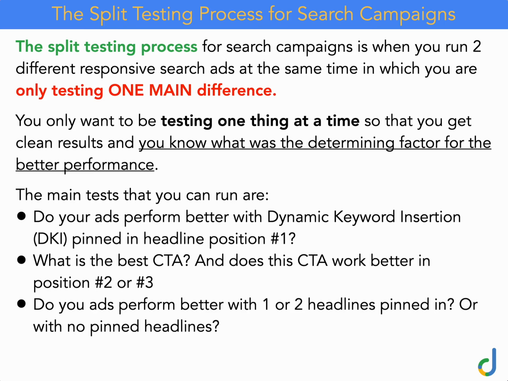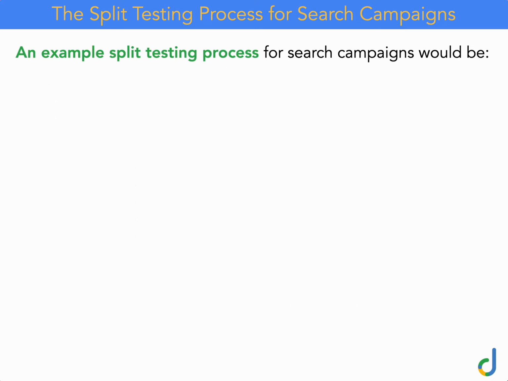Do your ads perform better with 1 or 2 headlines pinned in, or with no headlines pinned in? And what is the best landing page? Some people forget that you can run a split test that has the exact same ads, but just going to different landing pages. So when we're talking about the actual process, an example split testing process for search